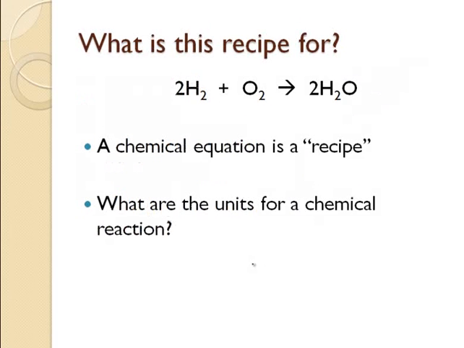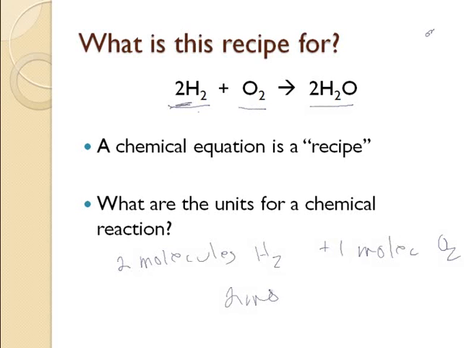So here's a recipe in the form of a chemical equation. 2 hydrogen plus oxygen gives you 2 H2Os. The chemical equation is nothing more than a recipe. 2 of those, 1 of those, give you 2 of those. What are the units for a chemical reaction? Well, we've got this 2, but what is the 2 suggesting? It's actually molecules. 2 molecules of hydrogen plus 1 molecule of oxygen gives you 2 molecules